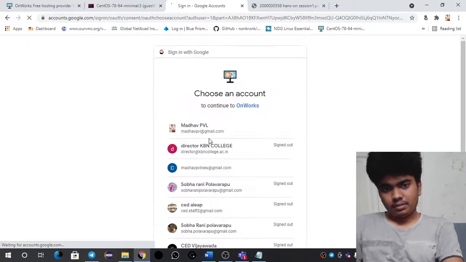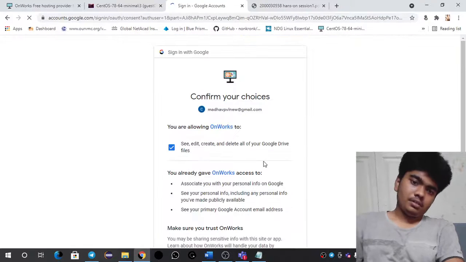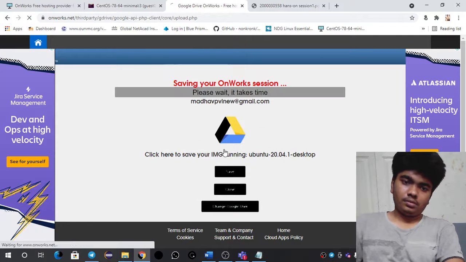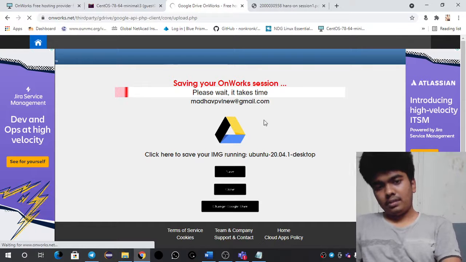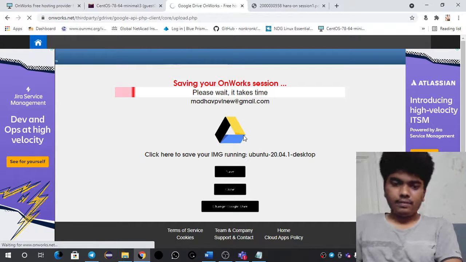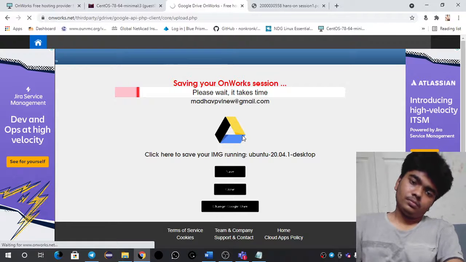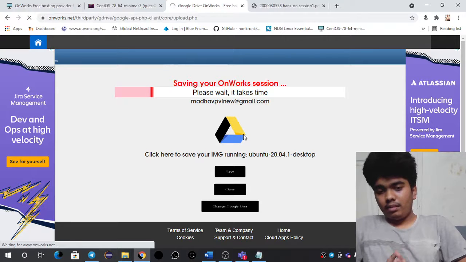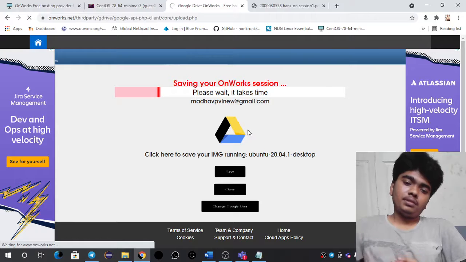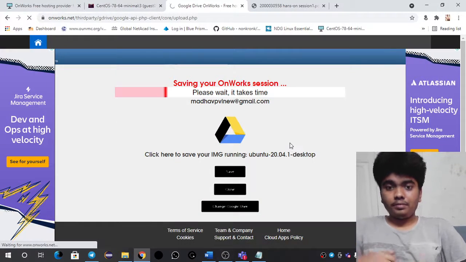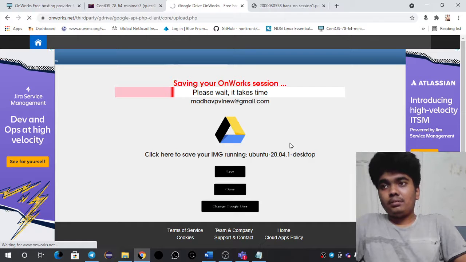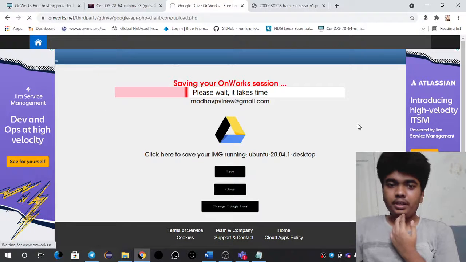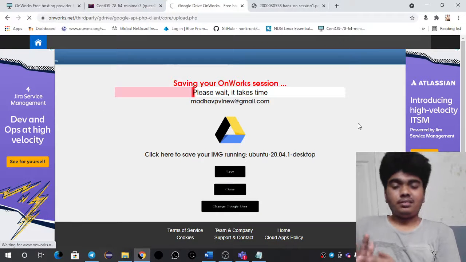So I'm working on this thing. We need to allow them. So I think this is saving the thing in this Google Drive. I will try to open it after this gets completed, so it takes some time. Basically this is for the purpose of securing our data. We may get some unstable conditions, and in those conditions we need to be safe, like we shouldn't install those packages. It is a waste of time, right?